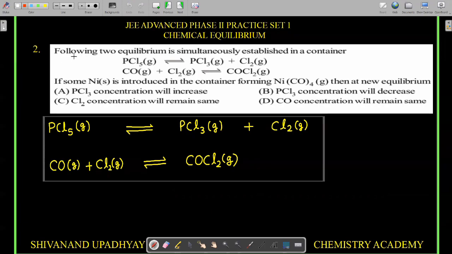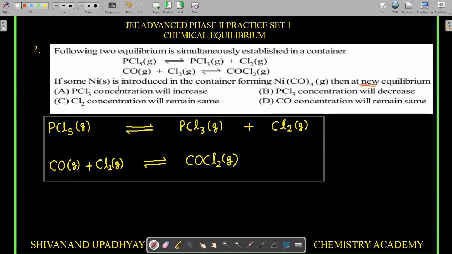So going through the question, the following two equilibria are simultaneously established in a container. PCl5 in gaseous state will dissociate to form PCl3 gas plus Cl2 gas. Carbon monoxide gas plus Cl2 gas will form COCl2 gas. If some Ni solid is introduced into the container forming Ni(CO)4 gas, then at new equilibrium state. So already they are asking about new equilibrium state, means already equilibrium is there in the system, and when we introduce nickel and nickel is going to react and form Ni(CO)4, then they are asking what is going to